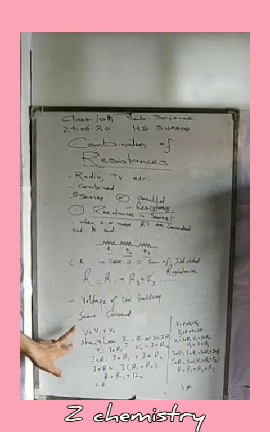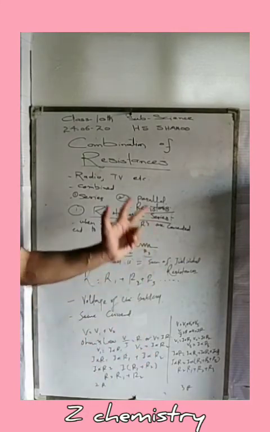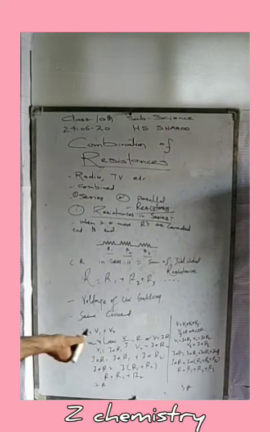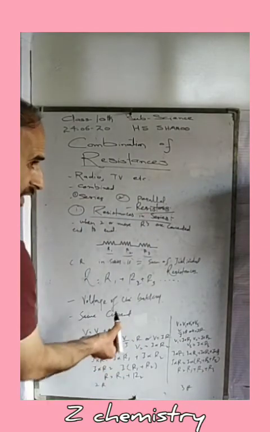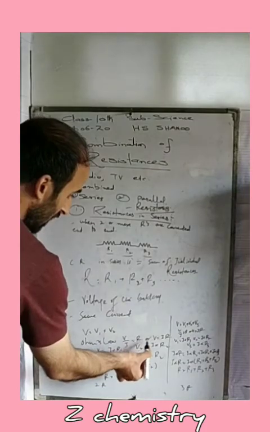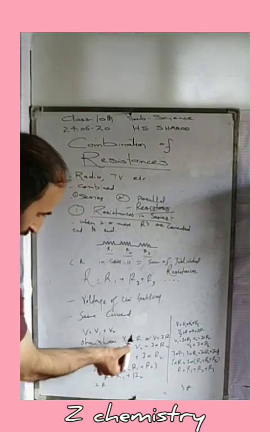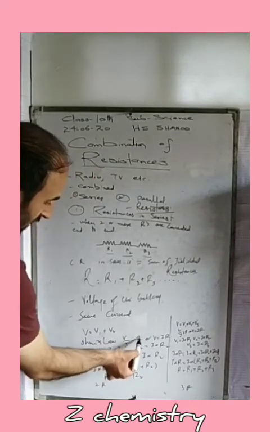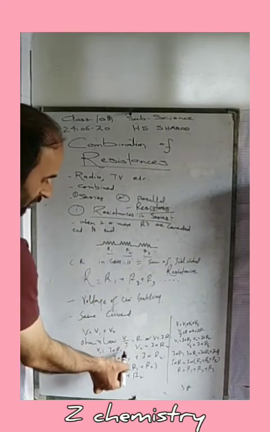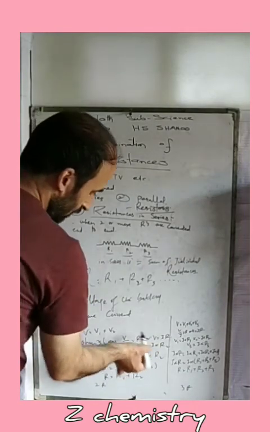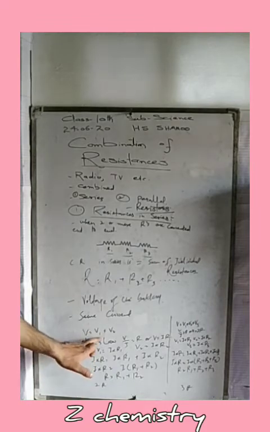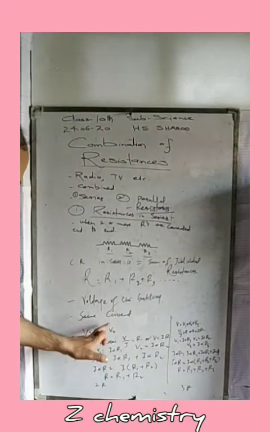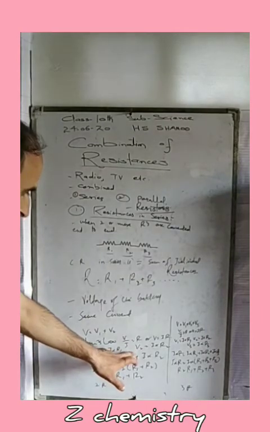तो यहाँ पे हम सिर्फ दो रेजिस्टेंस का सीरीज कॉम्बिनेशन लेंगे. According to Ohm's law, resistance R is equal to V divided by I, or V is equal to IR. According to Ohm's law, हमें पता है कि रेजिस्टेंस potential difference के directly proportional और current के inversely proportional है. So V1 is equal to I into R1. करंट सेम है, इसलिए हम करंट को यहां पे चेंज नहीं करेंगे. V2 is equal to I into R2.